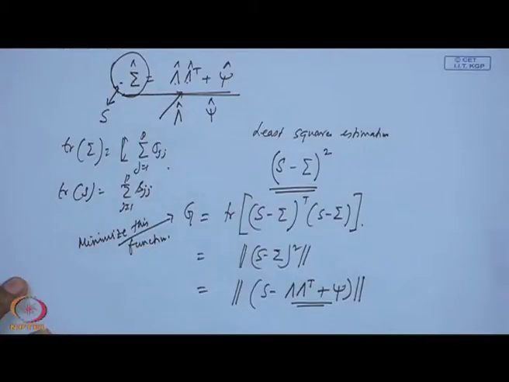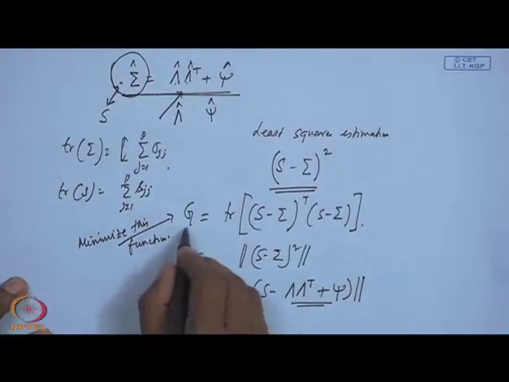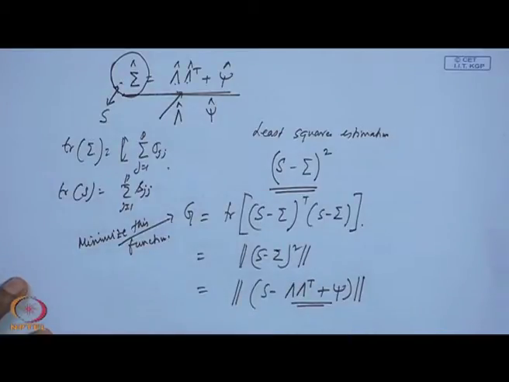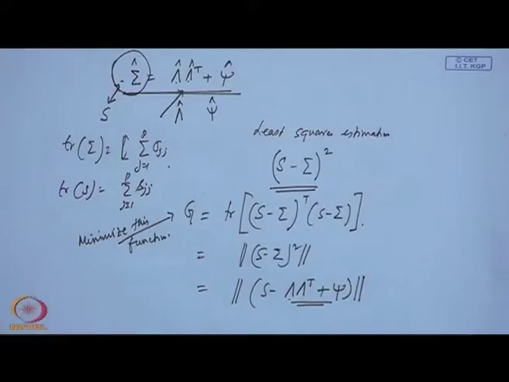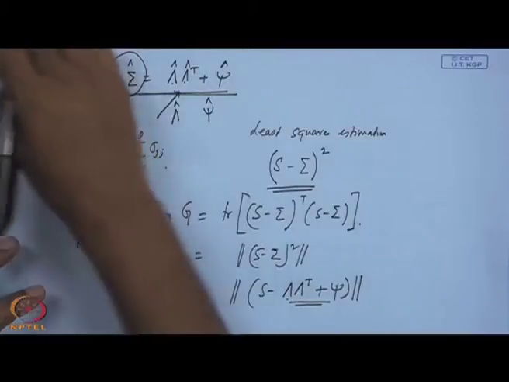So, what are the things you must know? If you want to minimize, you take the derivative of this with respect to the parameters, put it equal to 0, and then you get this value. This is the standard, general way we do it when we have very simple functions. Here the problem is that